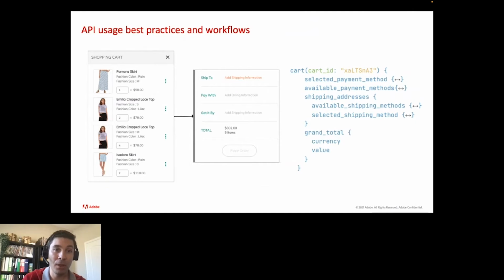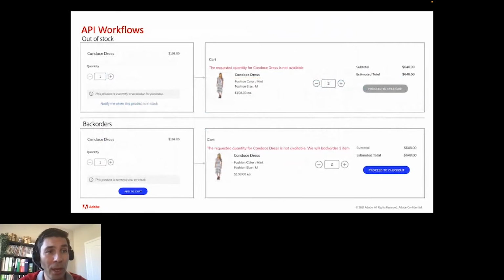So to go further in this workflow, the next step in our cart is the checkout. And I included here an example of a query that you need to actually include to render it. And it can happen in the same fashion. Looking at API workflows, they're not always linear. Depending on the store admin configuration, the workflow for this user experience might change. And your PWA has to support all these conditional workflows. And they're driven by the API itself.